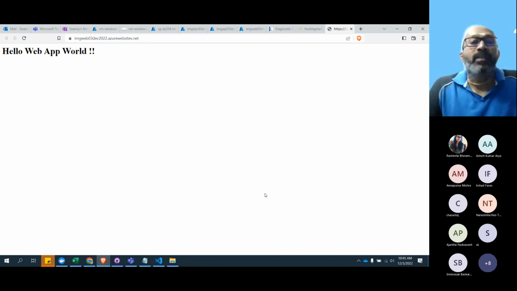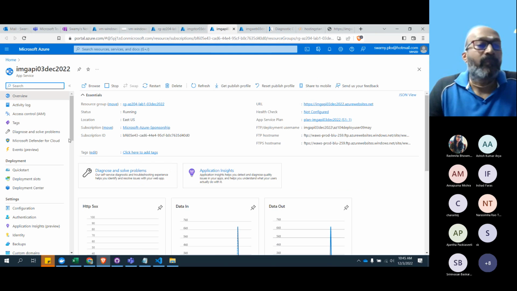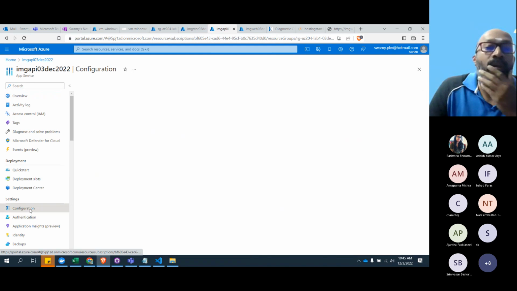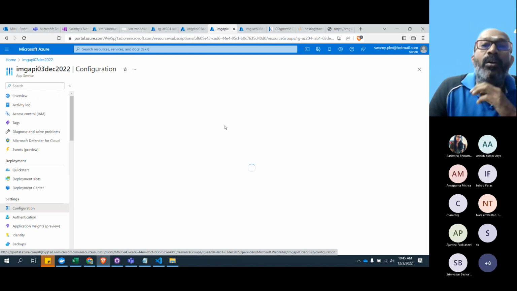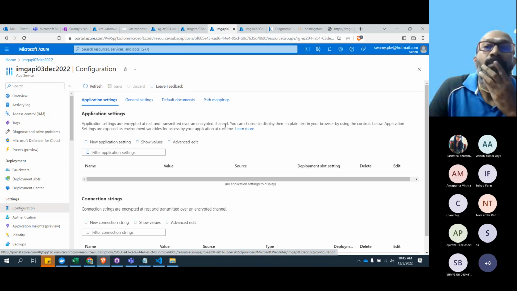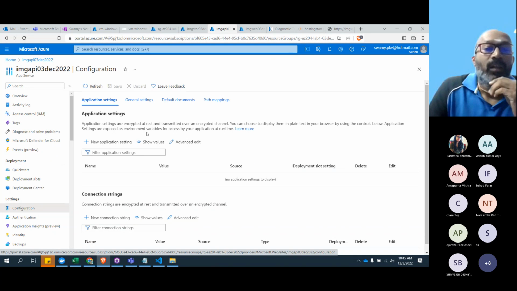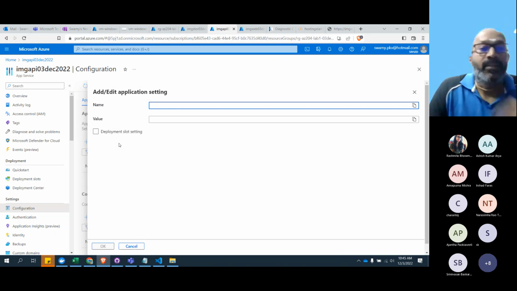OK, so let's start, coming back to our API. Let's go to the configuration. We saw the default documents. Now the configuration piece. Here it is asking to click on this and add the storage connection string. Where do you get the storage connection string?